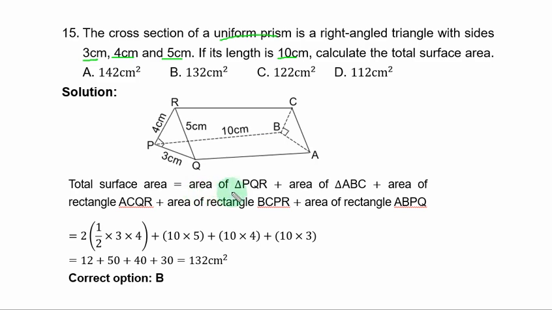You have triangle PQR, plus area of triangle ABC. The two triangles are equal. So once you get one, multiply it by 2. You have area of rectangle ACQR, area of rectangle BCPR, area of rectangle